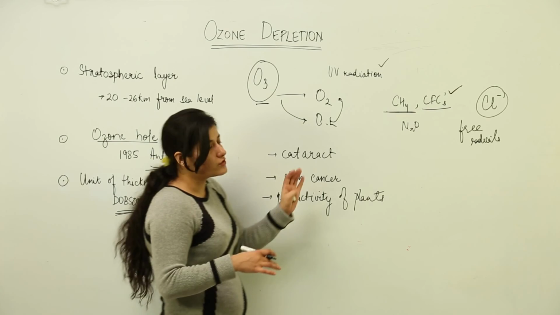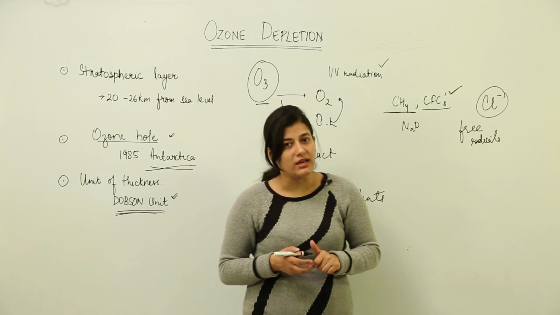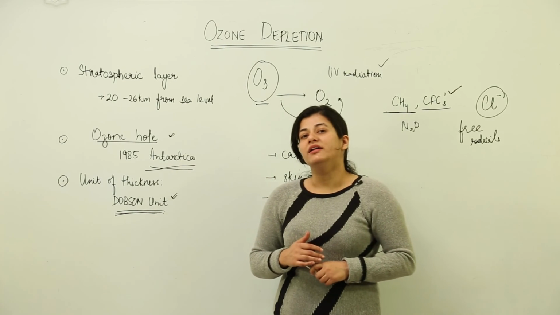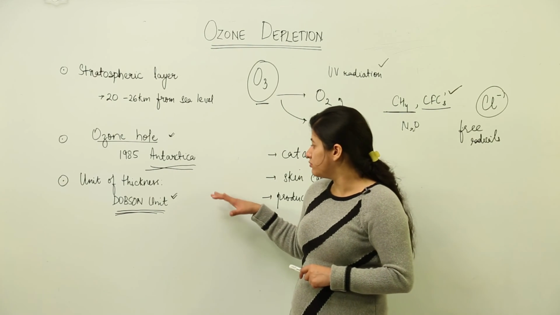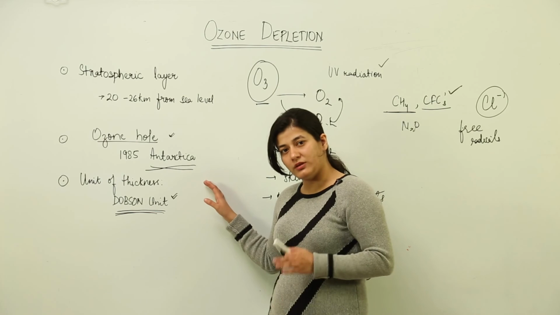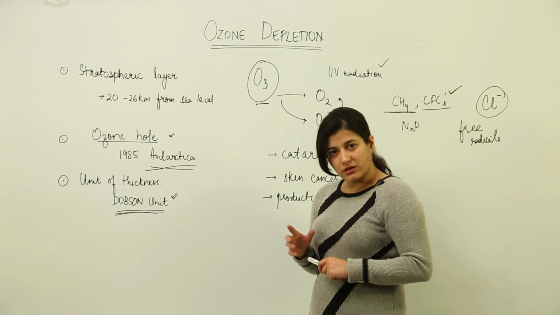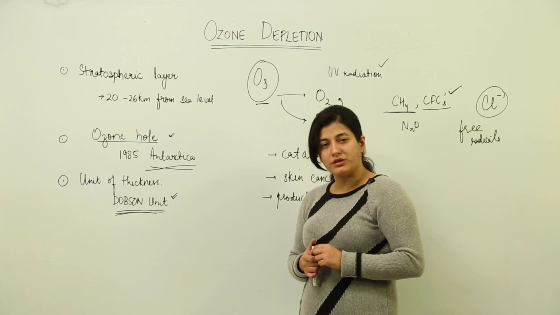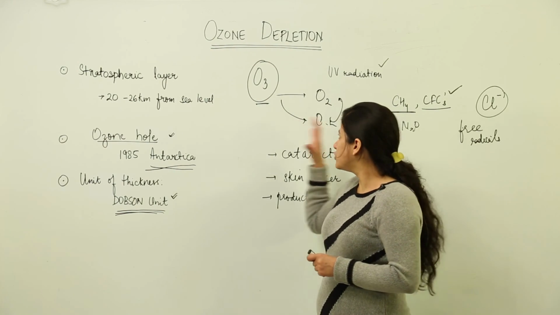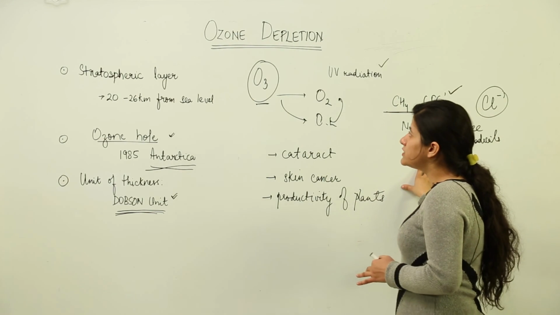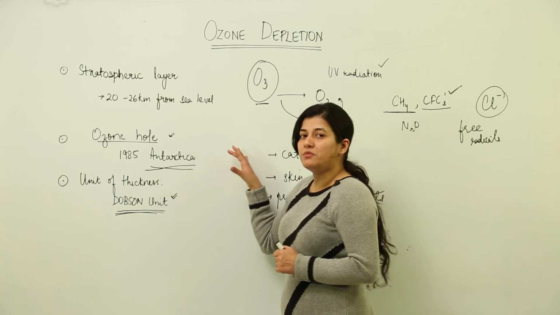So we get to know that ozone depletion is also an important environmental phenomenon that we need to take care of, and there are various measures being taken at the global level. Again, I'm saying that the Kyoto Protocol was written and Montreal protocols were signed, so that the chlorofluorocarbon release by the various industrial nations should be reduced and ozone depletion can be controlled.